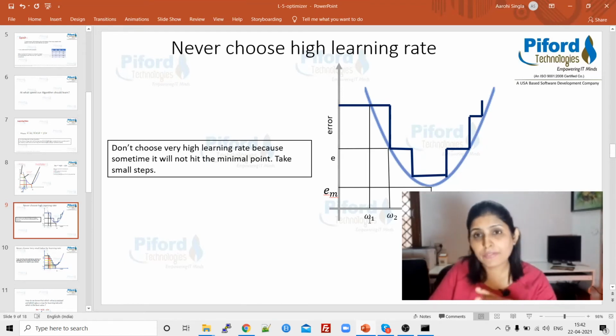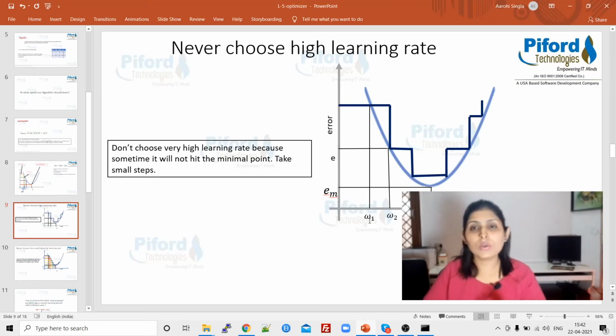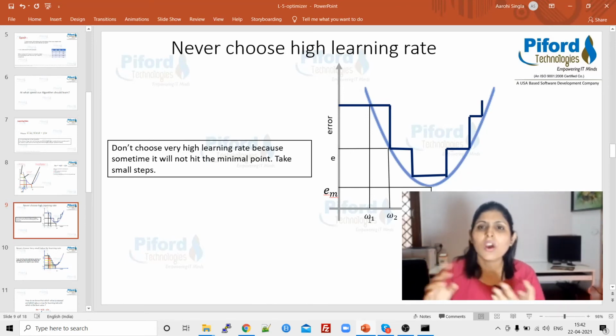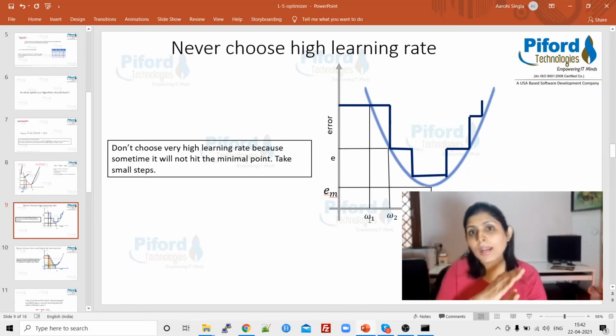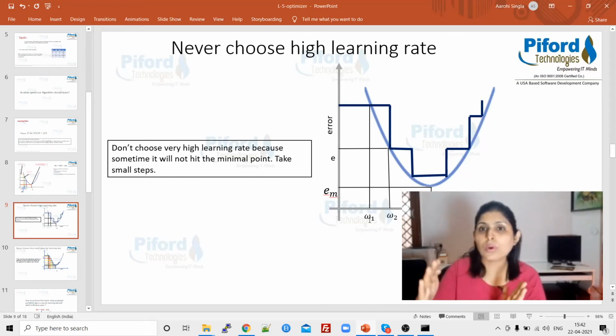After that, I have changed the weight value of W1 to, say, 10. The initial weight value is 1, and after that I directly jumped to 10. I have skipped so many numbers in between. So this is a high jump.